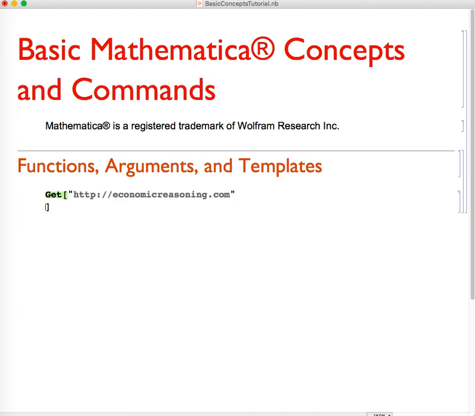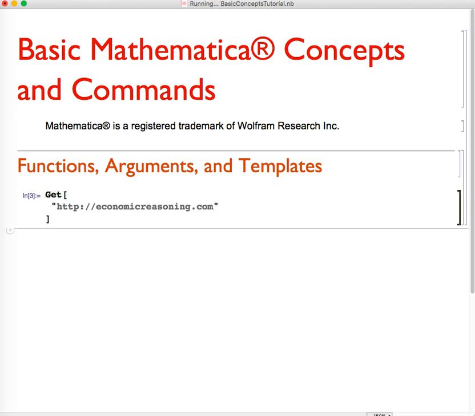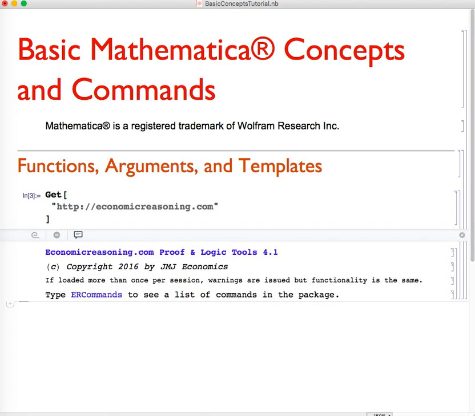That's because in the Wolfram language, you can put a single command on multiple lines and format it any way you want. We could put this Get command on 3 lines if we put a return character before the quote. When we want to actually execute, or as they say, evaluate the command, then we need to hit the Enter key on a numeric keypad, or say on a laptop, you hit Shift Return. And now the Get function has been evaluated, and we've loaded, in this case, the economic reasoning package from the